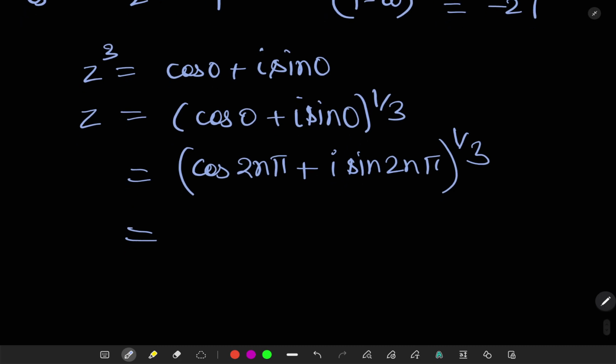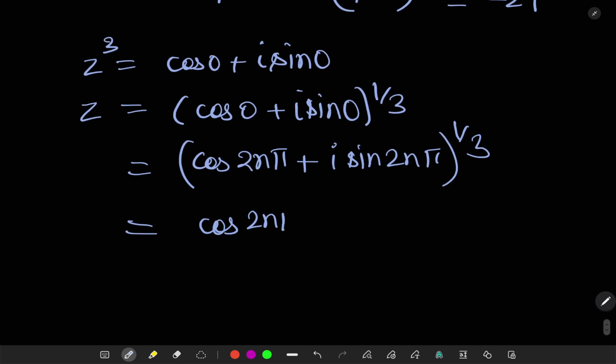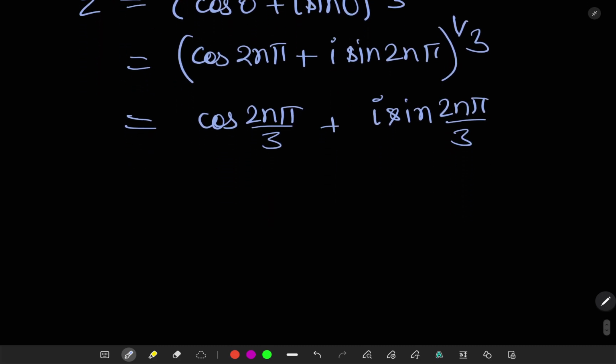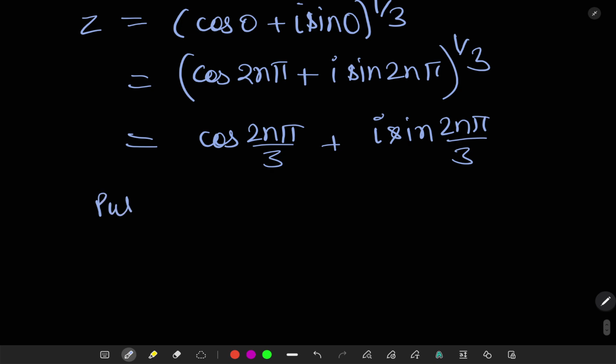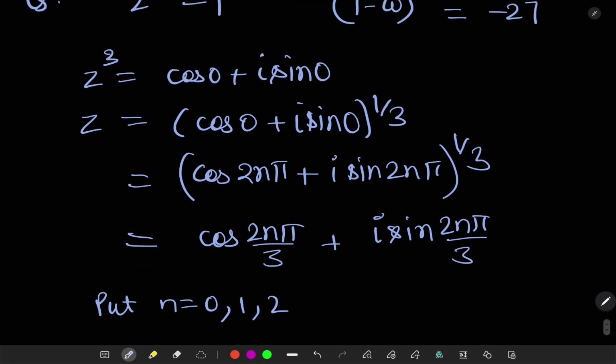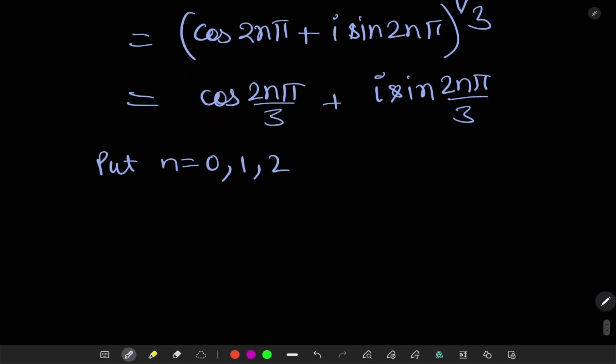Or using here De Moivre's theorem, we can write here this. Here put n equals to 0, 1 and 2 because there is z cube, so there are 3 roots. So putting n equals to 0, we get z equals to 1. For n equals to 1,